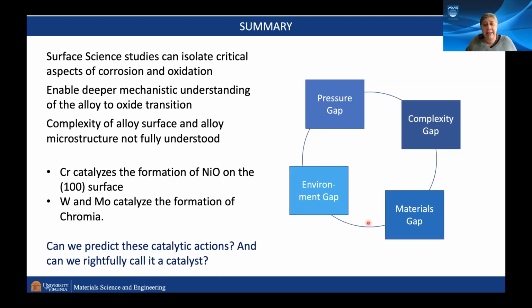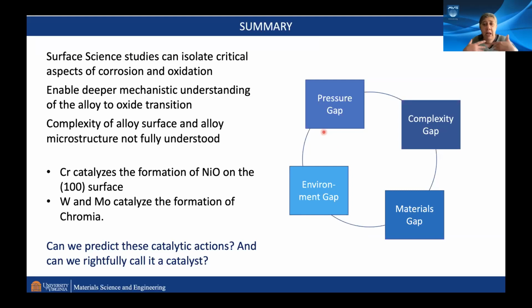So let me summarize. If you think in surface science and catalysis, you have pressure gaps and you have material gaps. I think we have to add two other gaps, which have to be overcome if we want to get a full understanding of these mechanisms. That's an environment gap. The question of compositions of our gases. Oxygen is not complicated. Adding water changes the game entirely. And we have pressure, environment, materials, and we have something I would just call a complexity gap,